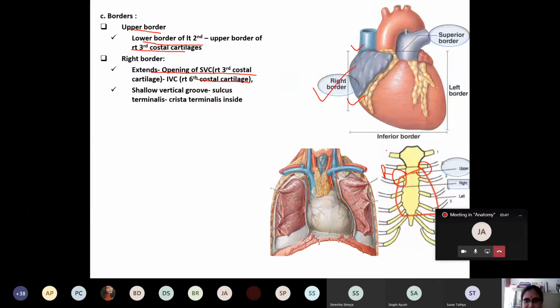This is the right third costal cartilage, and here is the left second costal cartilage. So this is how you need to draw with the help of chalk. The body will be kept there, and you need to draw the upper border. The most important borders from the exam point of view in surface anatomy are the upper border and the right border. Among the two, the most important is the right border.